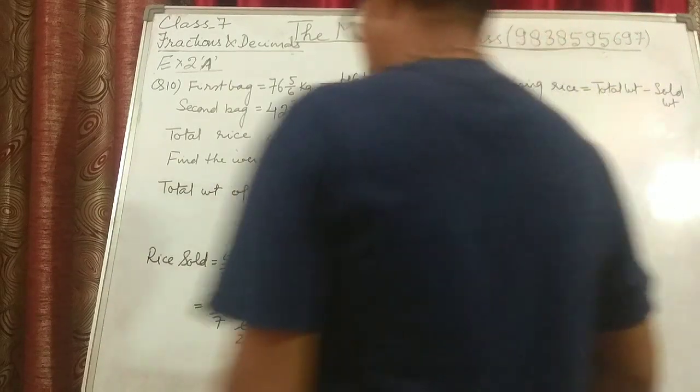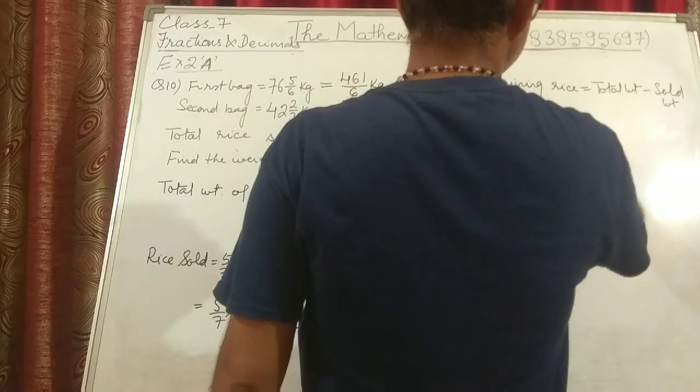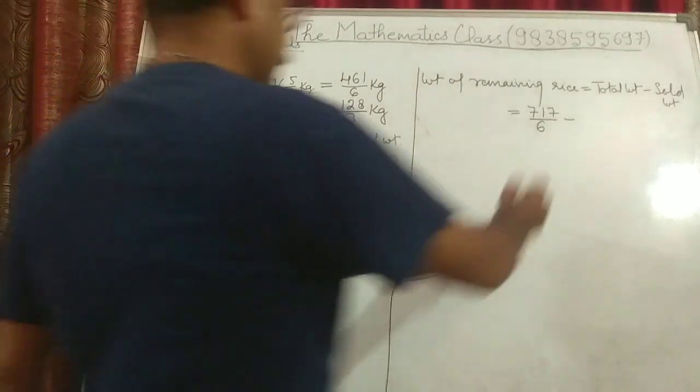So the total weight was 717 upon 6 minus rice sold was